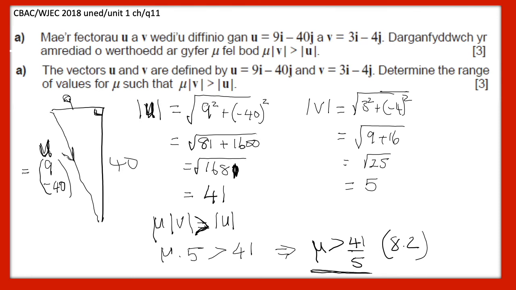So as long as mu is anything greater than 41 over 5, the length of the v vector will be greater than the length of the u vector. And that's those first three marks. If we move on to the next question,